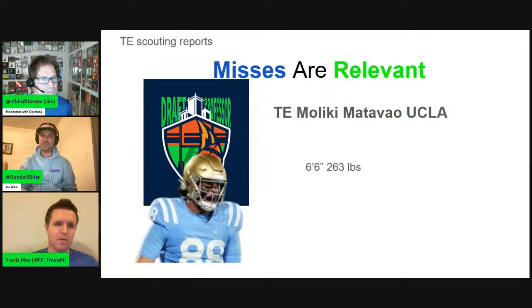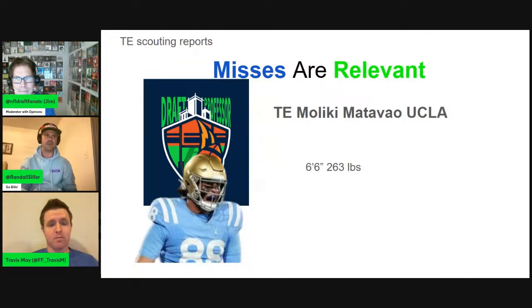He is mainly just a pass-catching tight end, in my opinion. I think they take him out for blocking. To be honest, I don't see him much in blocking. I think less than 25% of his snaps are blocking, so everything else is receiving. I like his route running, where for 263 from what I had on him, he can put his foot in the ground and cut, which I was pretty impressed with, and he can be a little bit elusive for his size.